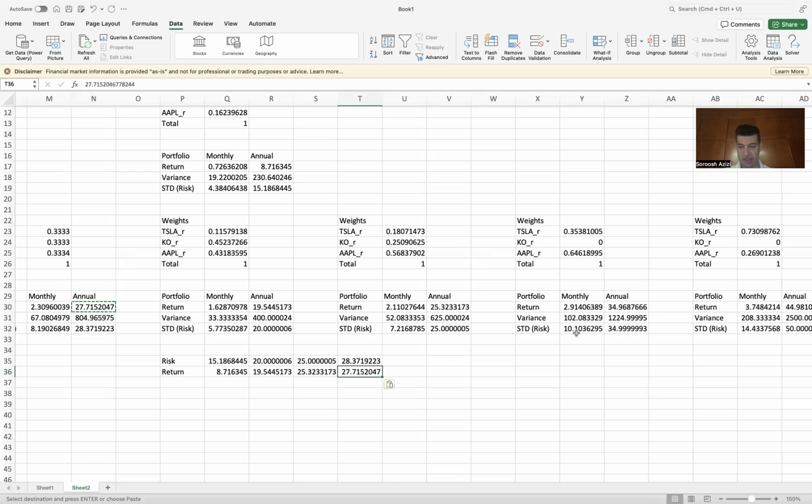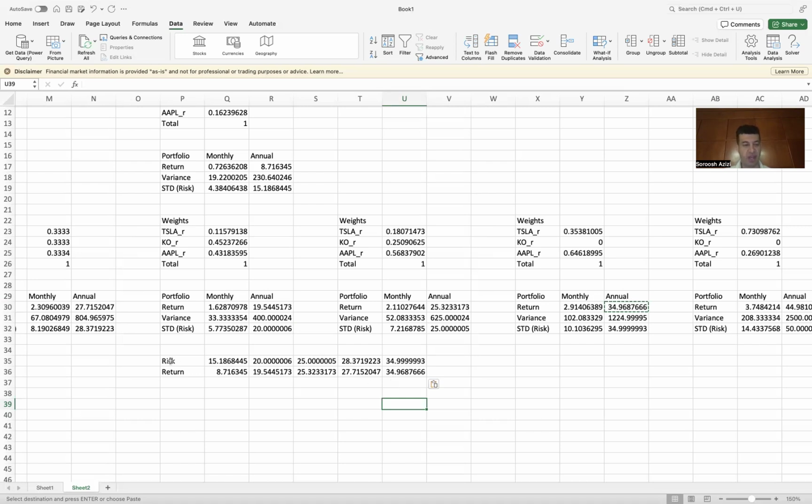And the last one I had was 35 as risk, and the return was almost the same thing. So now you can see that as your risk increases from 15.18 to 20, 25, 28, 35, your return